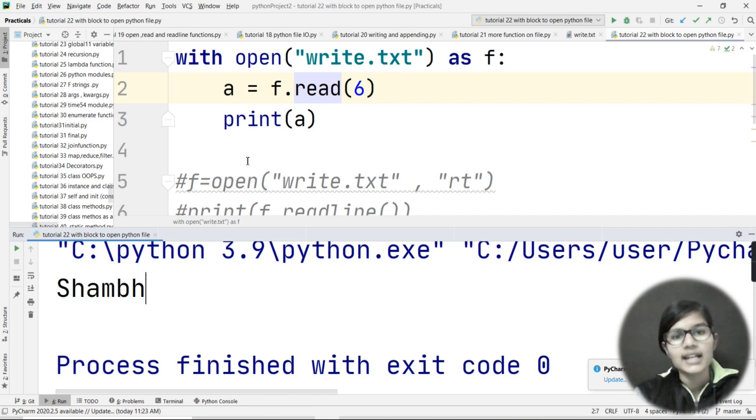Let me correct it: if you want to read a file from a particular index, then you use this with function, and if you want to read a line till the particular index, then you use that seek function.